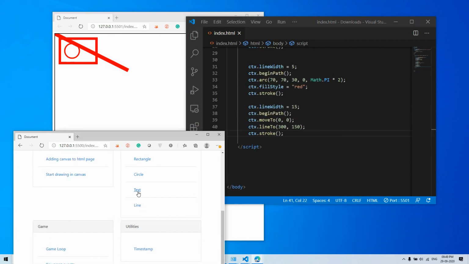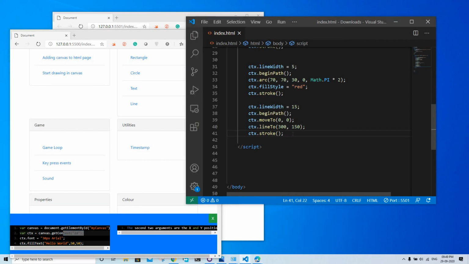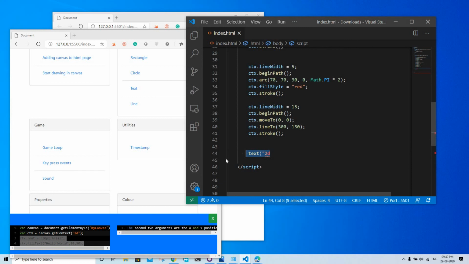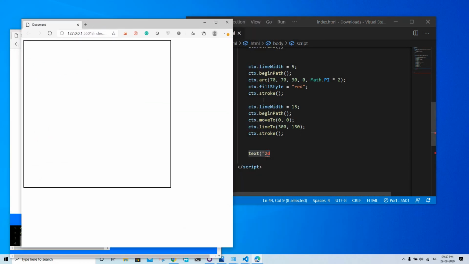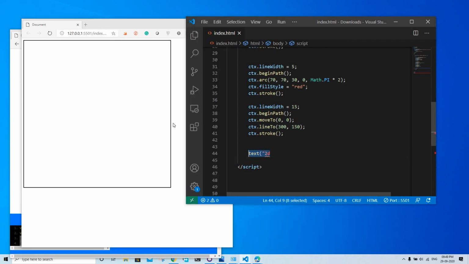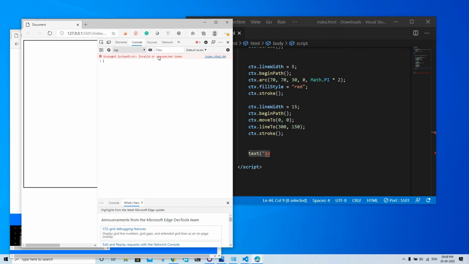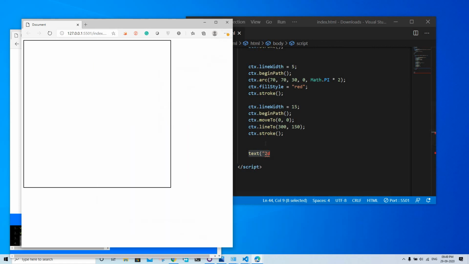Then we have text. You can write text in here. So let's try that. It didn't copy at all. By the way, when there is an error, it's not going to compile at all. JavaScript just stops, and you can check for errors in case you don't know. In here, going to the console, you can just see there's an error in this line, and you can point it out.